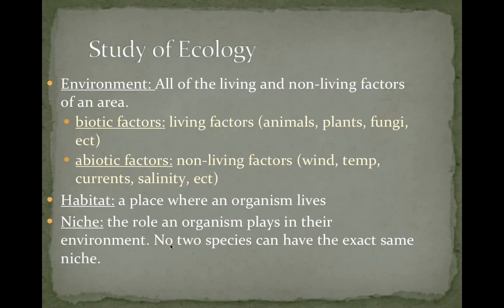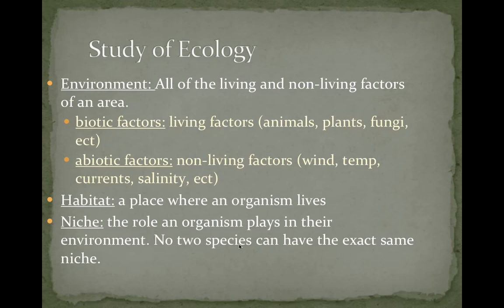If you think about a lion and a hyena, a lion likes to eat your herbivore, so let's just say a zebra. So a lion eats a zebra. Well, the hyenas also eat the zebra. So their niches are similar in that aspect, that they are eating the same food source. But where they differ is how they obtain that food. The lion does the hunting, takes down the zebra, gets first dibs. And the hyenas are the scavengers. They wait till the lion's done, and then they'll go in and eat what's left over.